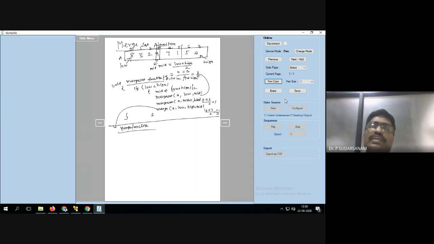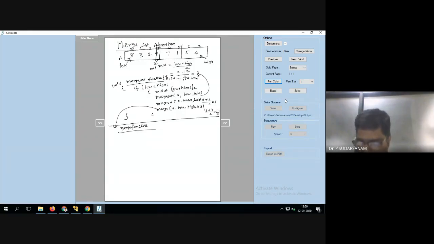The condition is low less than or equal to high first; till that time we'll be making the small instances. Once this is finished, the condition low less than high becomes false and it comes out of the condition. But what will happen? Three times you have executed from the lower bound only. Similarly the remaining boundaries are there, which have to be executed. That is the reason the other conditions will be executed.